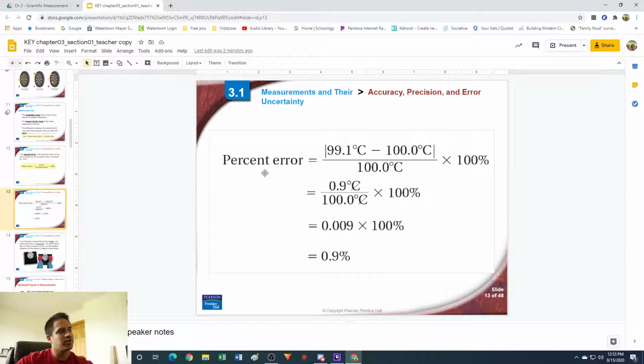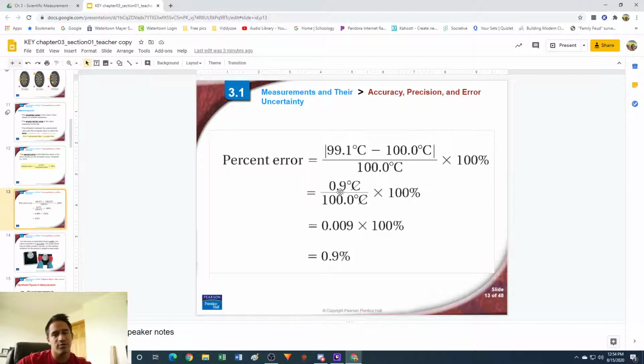So here's an example where let's say that we were using a thermometer to measure the temperature of boiling water. So we put the thermometer in the water and our thermometer says 99.1 degrees Celsius. And we know based on reference tables that water boils at 100 degrees Celsius. So if we take our experimental value, which is the value that the thermometer is telling us, minus our accepted value, the value that the water should be, and subtract the two, we'll get an error of negative 0.9 degrees